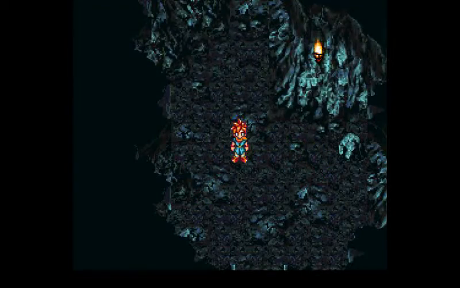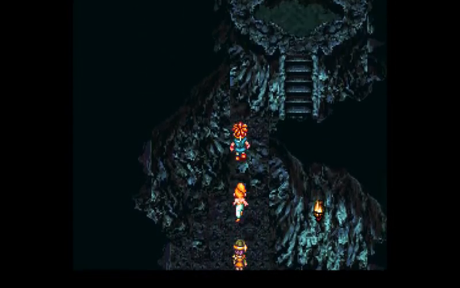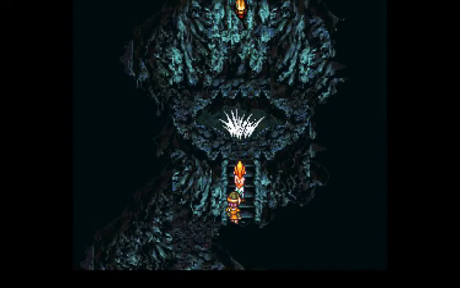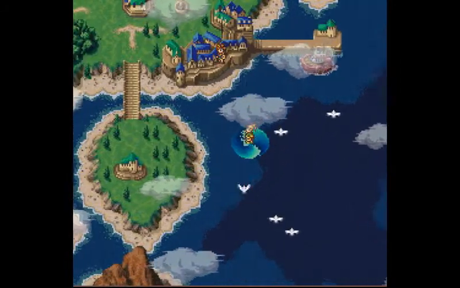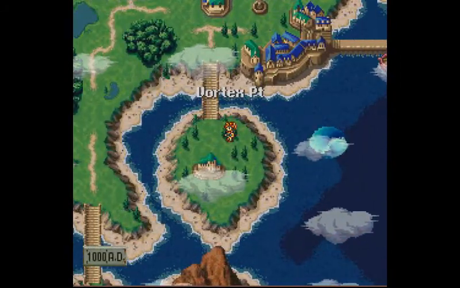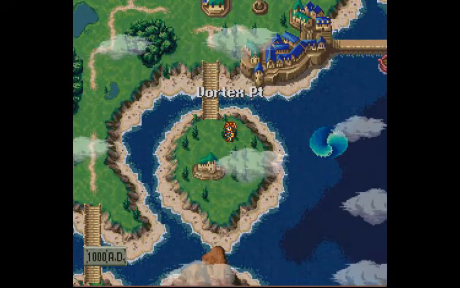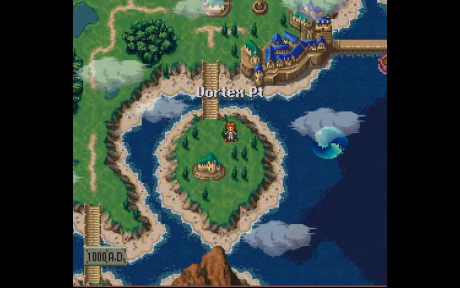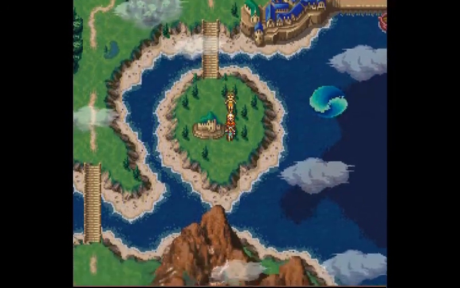Alright, so I guess that's our next step, I suppose. Now, hop into this nice little whirlpool, and hopefully we don't go all Final Fantasy VI and have to go through about 15-20 minutes of random battles. And we don't. Yay! So we just wash up on the shore of the vortex. So you can come back here whenever you want, if you want to go pick up that magic box or whatnot. For now,